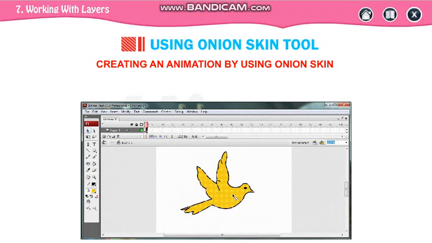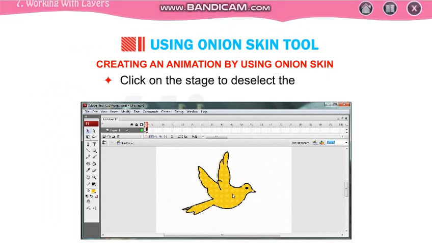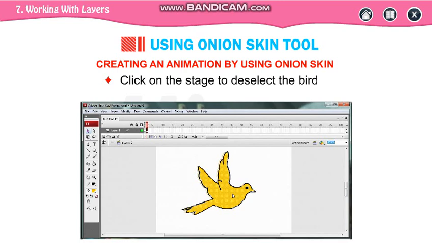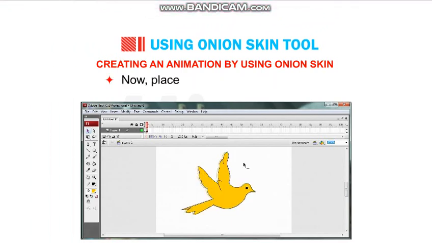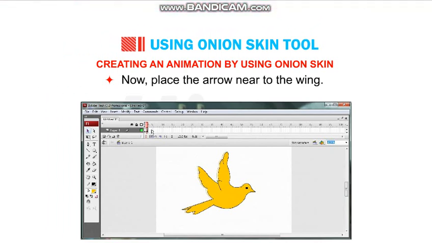Move the bird slightly. So we have moved the bird in the next frame. First frame से थोड़ा सा place उसका change किया. Click on the stage to deselect the bird. The bird is deselected now. By selecting, we have changed the place.